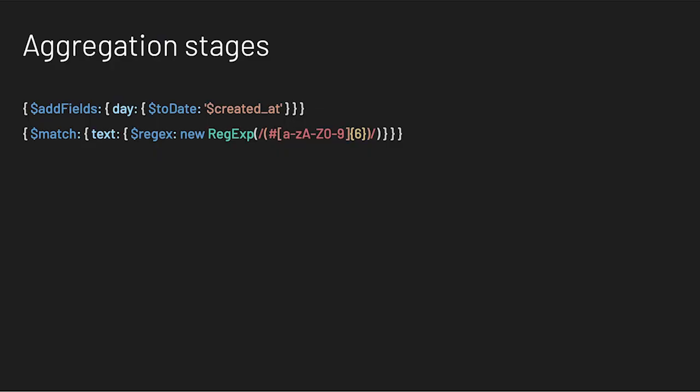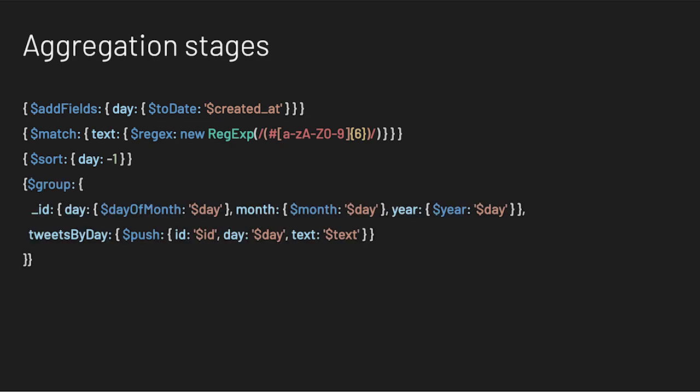The same way we add the rest of the aggregation stages: match and regex to exclude tweets with invalid colors, sort to order tweets chronologically, group because we want to see how color changes during the day, limit to return only 7 days because we are building a weekly statistic, and project to reduce the size of the response because we need only date and color information.